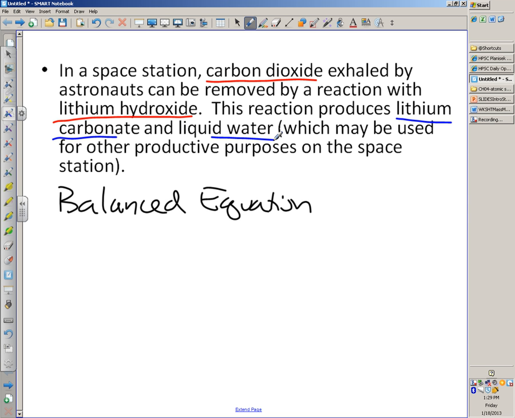So, carbon dioxide is CO2. And also lithium